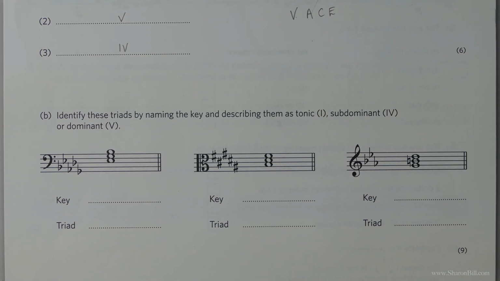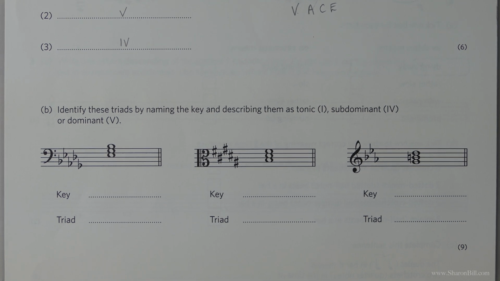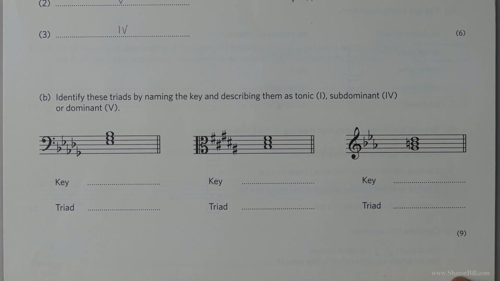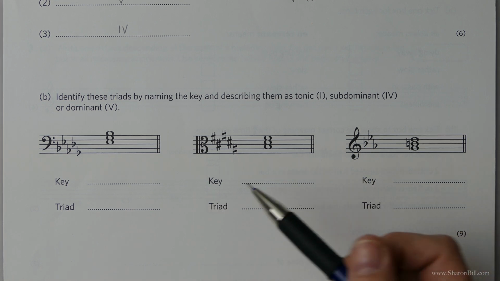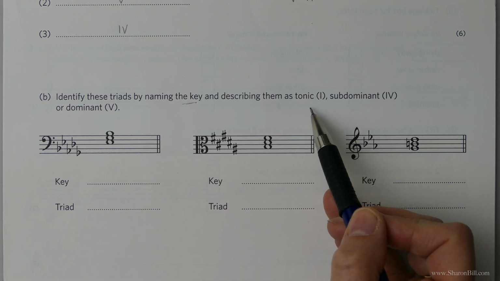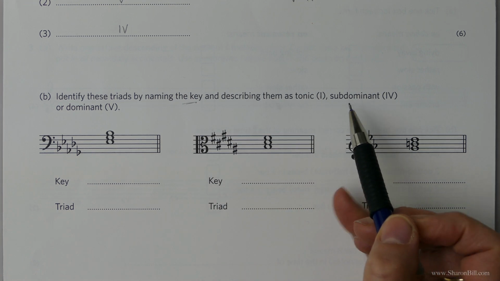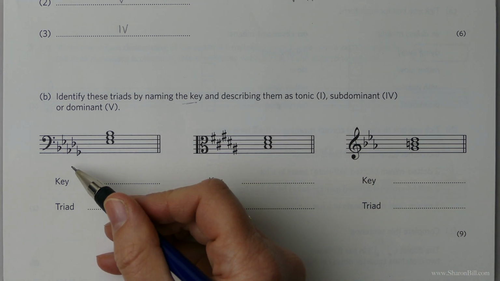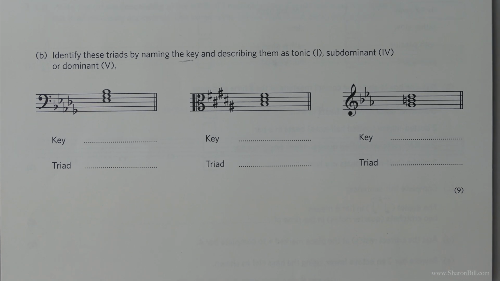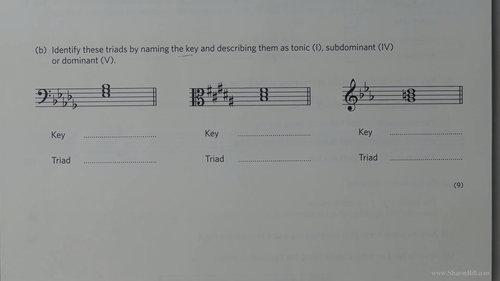And now here it's the same thinking. We've just got to extrapolate the thinking a bit further, a bit more work to do, but again, do your prep work first and all the hard work is done. Now we first of all need to name the key and then we can describe whether it's chords 1, 4 or 5. The thing is here we have an option. It could be major or it could be minor. So if we just plan out what the options are,